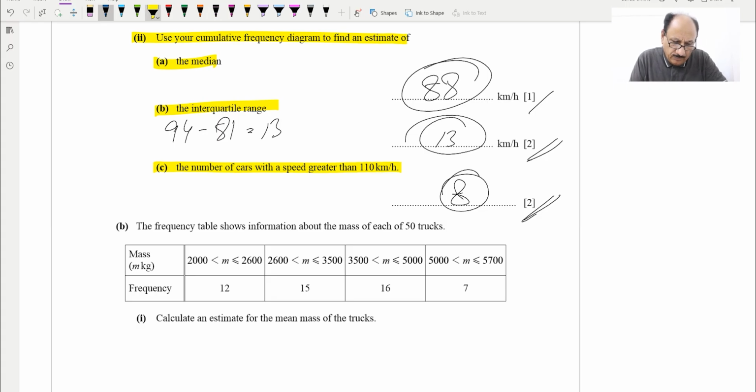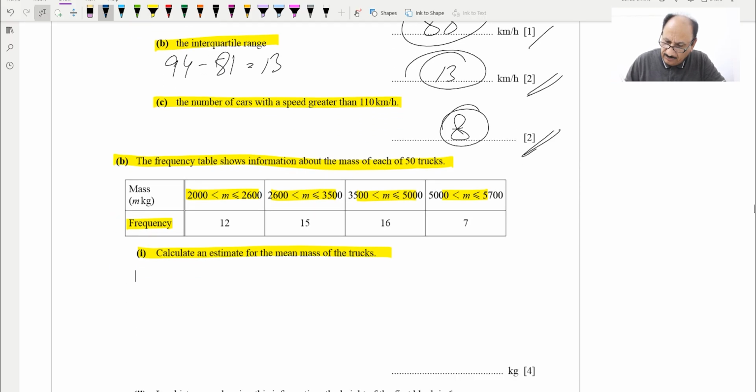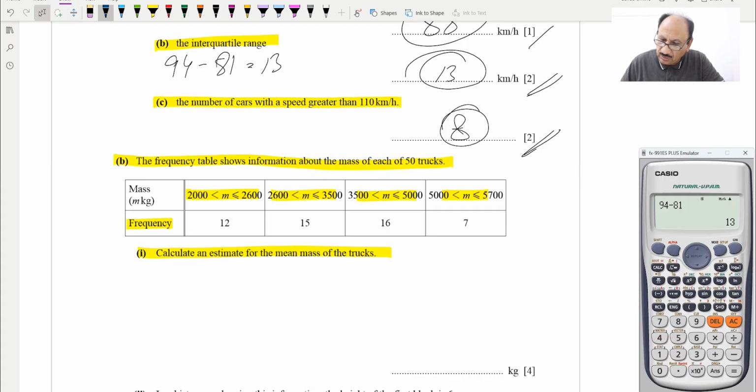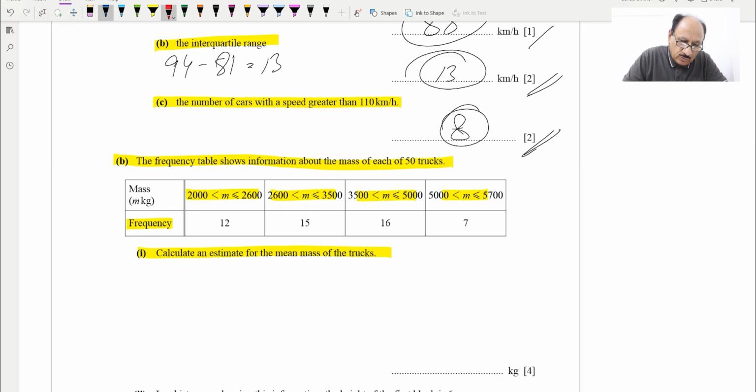This is done. Now B part, the frequency table shows information about the mass of each of 50 trucks. So frequency is this one, and these are basically class widths. Calculate the estimate of the mean of the trucks. So we need the mid range or middle of the class width. So we'll be adding 2000 plus 2600 and divide the answer by 2, and we'll get 2300. So 2300 will be the middle,